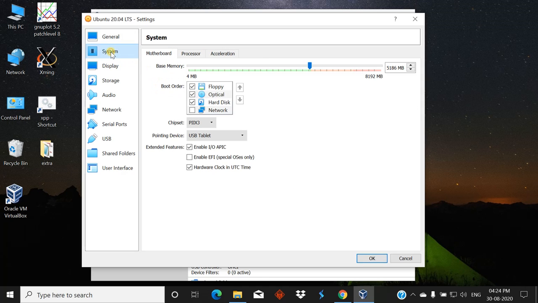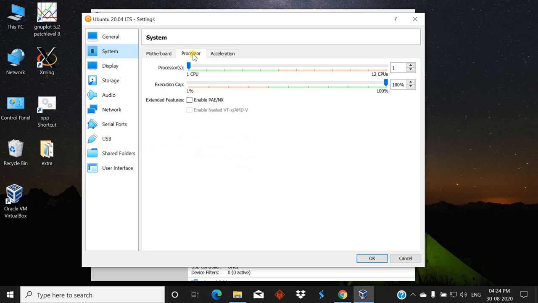system. Now this is the motherboard. Leave it as it is, whether it is low or high. Now this is the memory size. Since in my computer I have an Intel i7 6 core processor, that means there are 6 into 2 is equal to 12 threads, so it shows 12 CPUs.